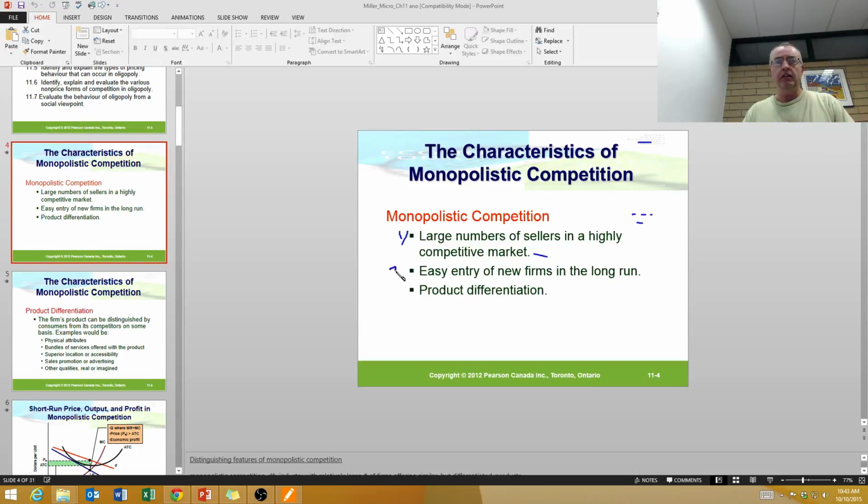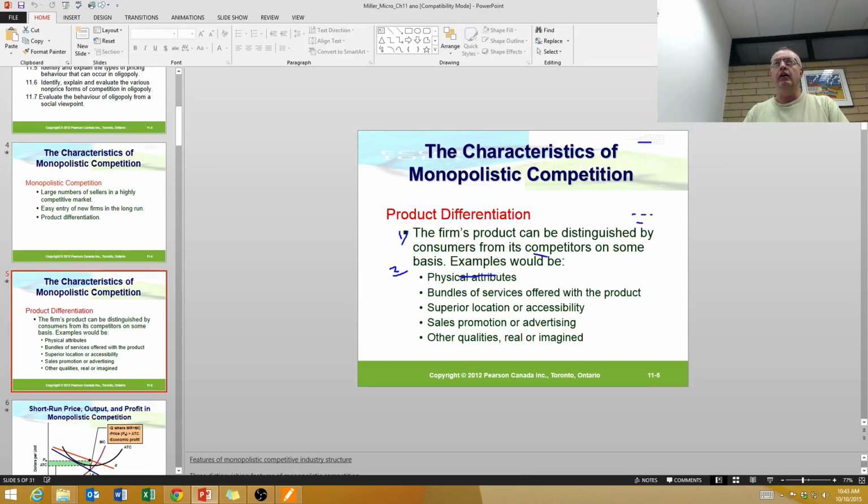Okay, and the second distinguishing characteristic of monopolistic competition is that there's ease of entry into the industry or ease of exit from the industry. So there are no significant barriers to entry, so there's no significant increasing economies of scale, patents, high capital costs, and the like. Okay, and the third distinguishing characteristic of monopolistic competition